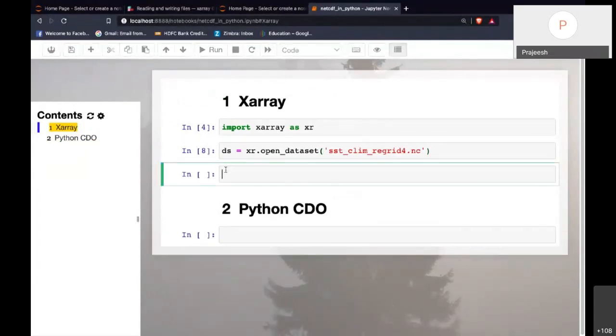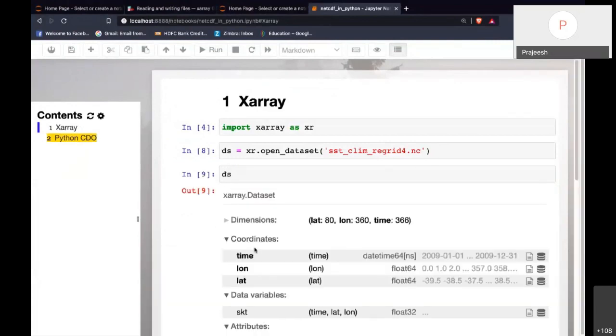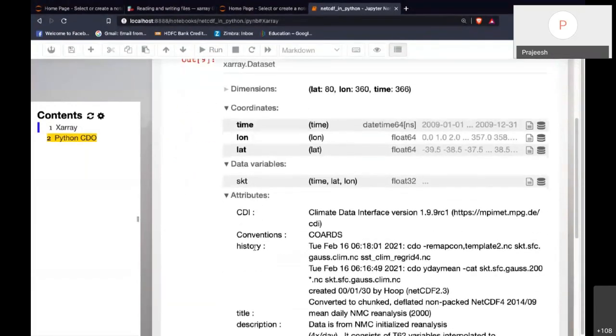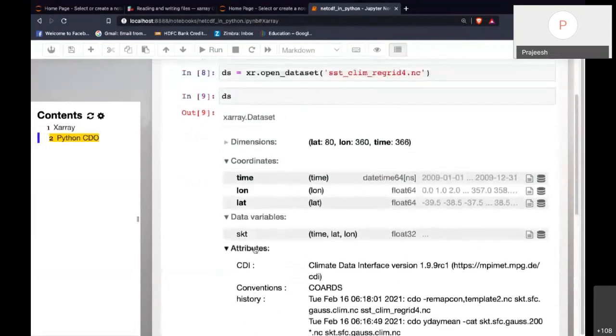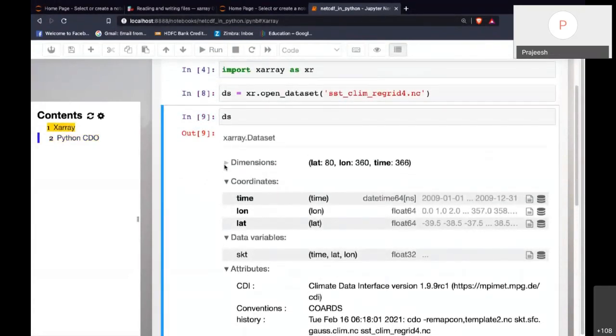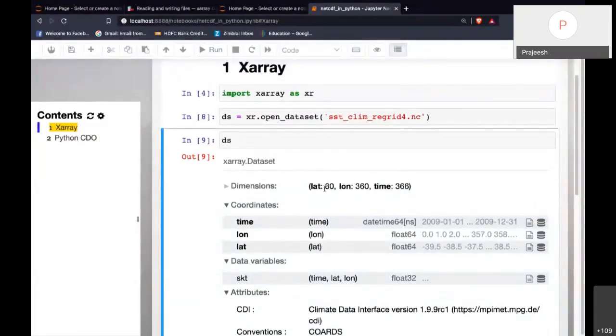You can directly check what is there in this data set just by outputting this. Okay, and it gives a very nice description of the data set here. First thing is you can get the details about dimensions. So you can see there are the dimension names lat, lon, and time, and the sizes of these dimensions.